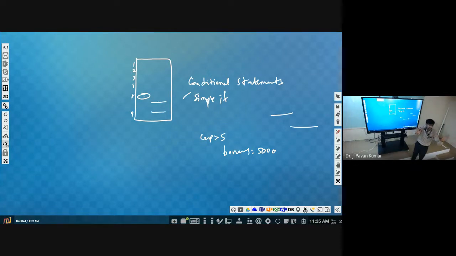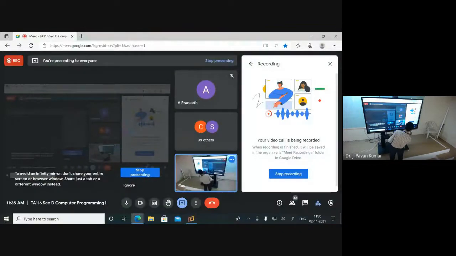Otherwise we will not consider it, we will not give any bonus. That is simple if. That means we will have only the if condition, we will not have any else.